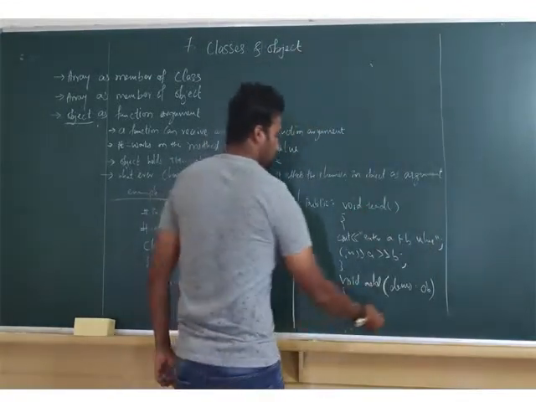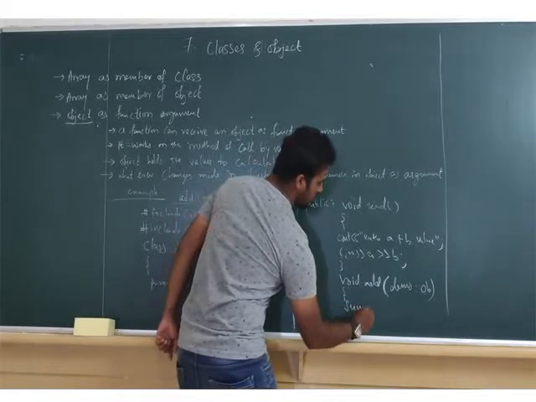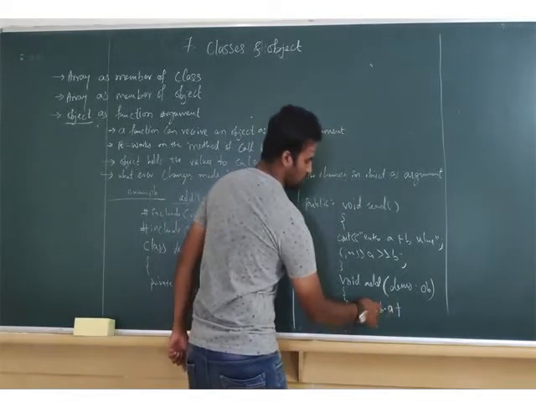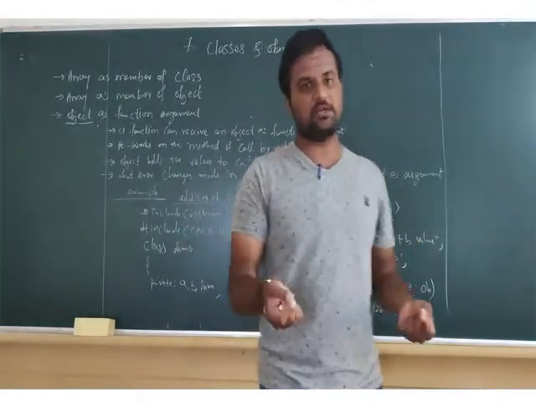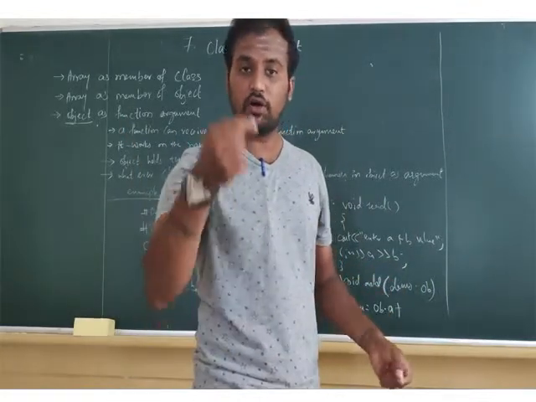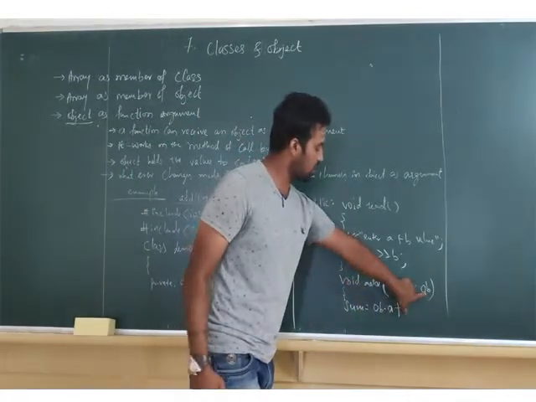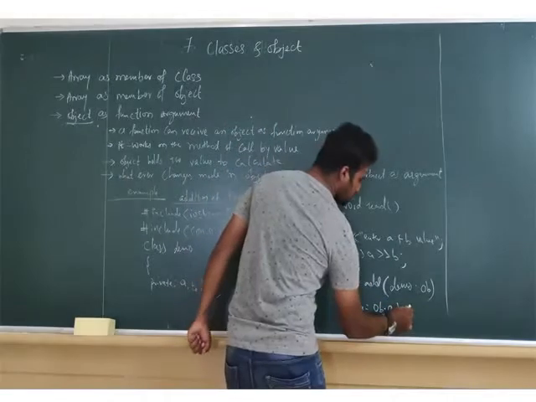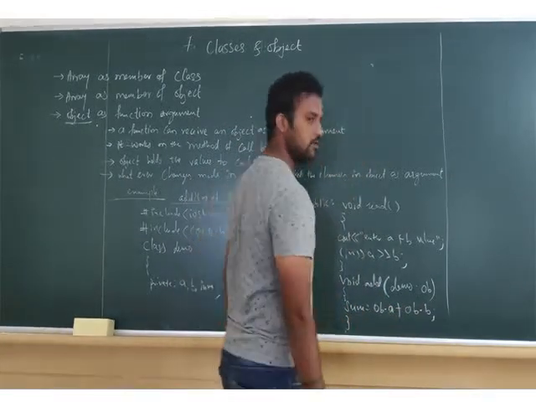Now what are we going to do? We are going to use this object. sum is equal to ob dot a plus ob dot b. How do we access the object? I have already told you, by using the member access operator or dot operator, as we call it. See here, I am using the dot operator. Here the object I created, by using dot we can access. ob.a plus ob.b. Right? Finish.